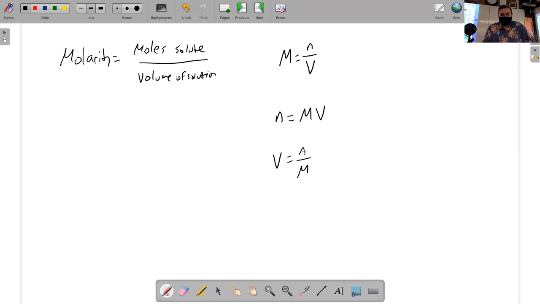And similarly, if you know how many moles of solute you need and what the molarity of the solution is going to end up with, that tells you the total volume that's necessary. So the equation, like any other algebraic equation, could be arranged in any other kind of way,